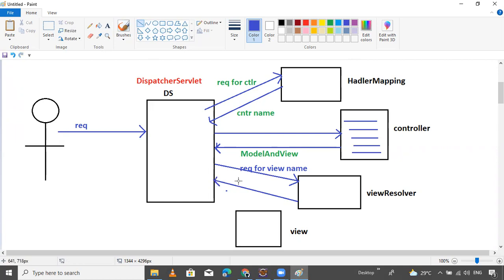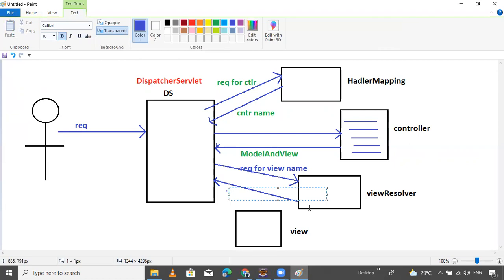Now it's returned to where? The dispatcher servlet. What is returning? The name and location of the view parts.